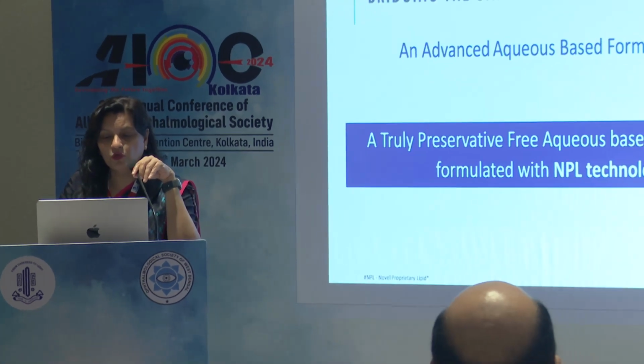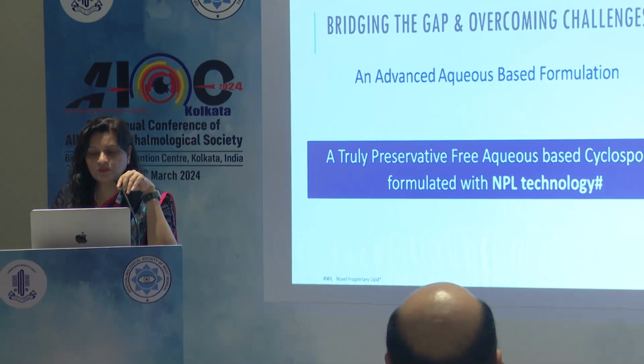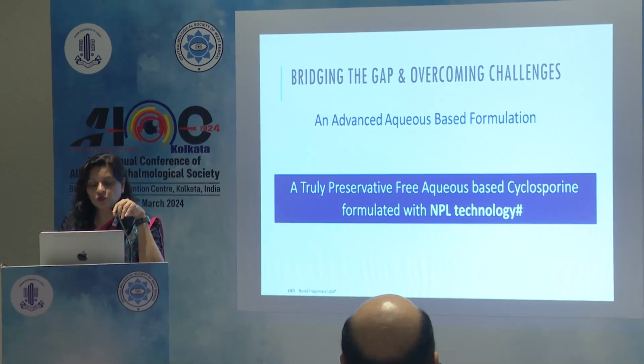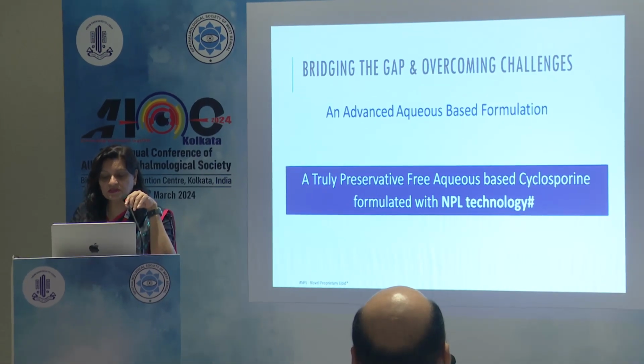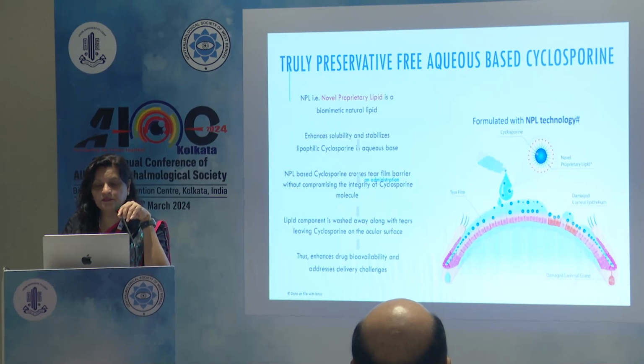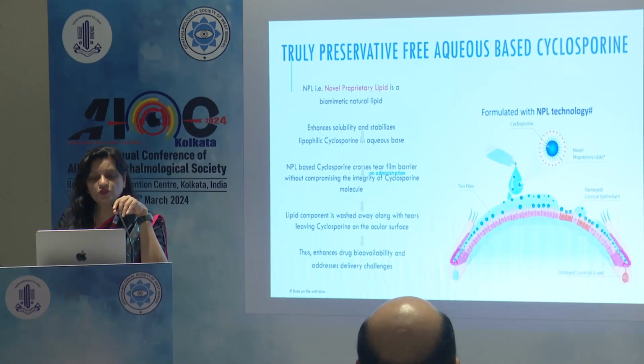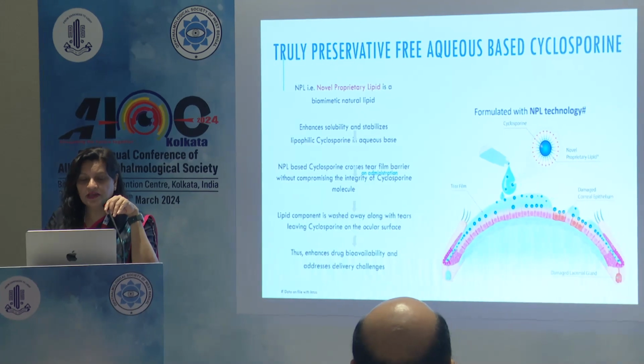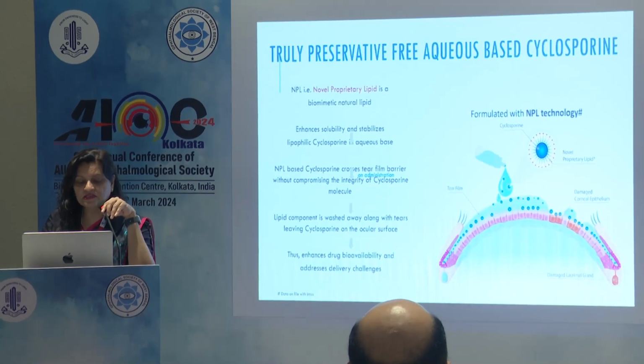So we do have aqueous-based formulations such as Cyclysis PF, which is a truly preservative-free aqueous-based cyclosporin, and it is formulated with the NPL technology. NPL means novel proprietary lipid technology, which enhances the solubility and stabilizes the